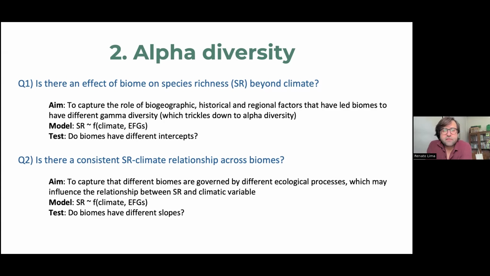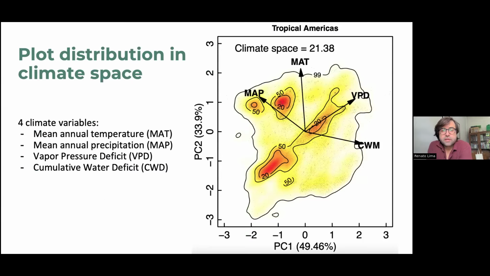And if there are any different relationships between those environmental variables and the biomes. So really now we are talking about how many species we have per plot, per environment, and trying to explain why we have more or less species in each of those plots. Next slide, please, Jerome. So here is the plot of our coverage, the plot distribution of our data sets in